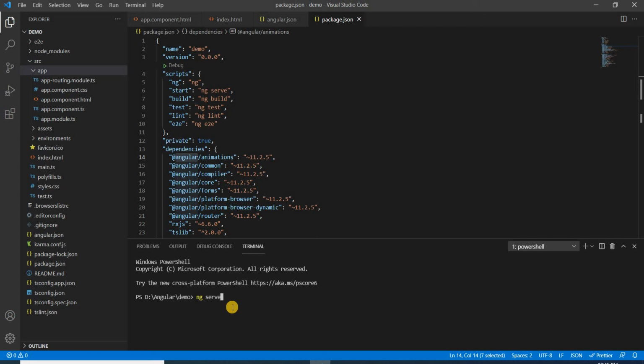After writing ng serve, press enter. First it will build the project, and after successfully building it will deploy it on the local port 4200, which is the default for Angular projects. First time it will take some time to build and run the project.